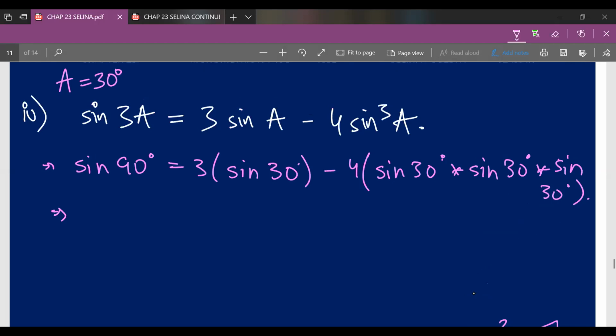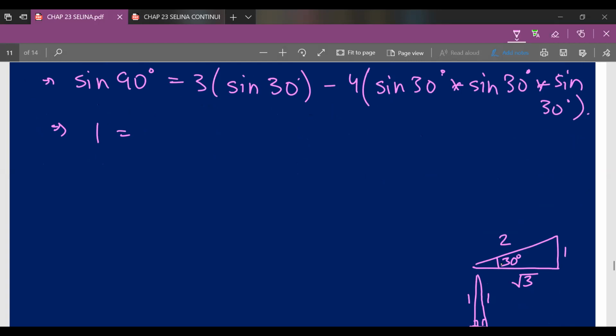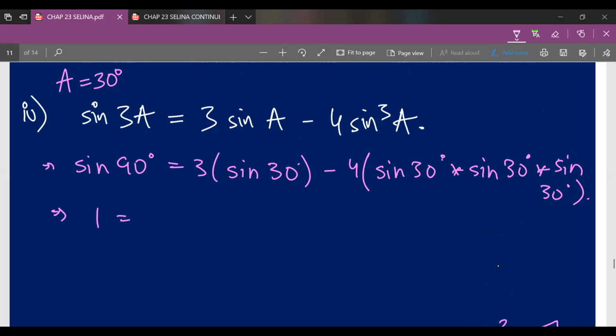So here sin 90 degree is 1, which is equal to 3 sin 30 degree. Now for 30 degree we'll refer to this magic triangle, and sin 30 degree will be with respect to angle 30 degree, and it should be towards the ground. It tells us sin 30 degree is perpendicular upon hypotenuse, 1 upon 2. So sin 30 degree will be 1 upon 2, and 3 into 1 upon 2 will be 3 upon 2. Accordingly I solve the question.